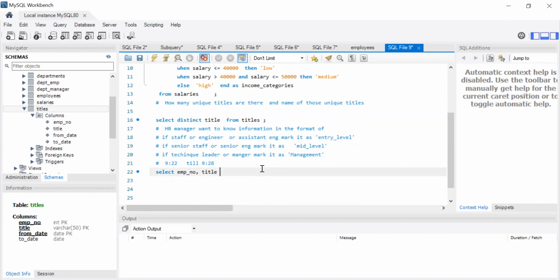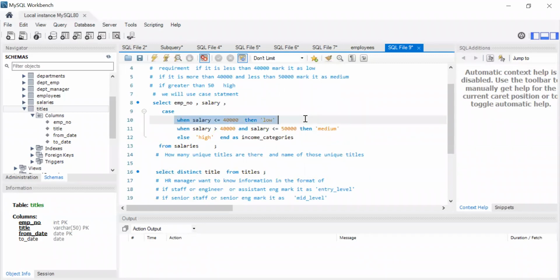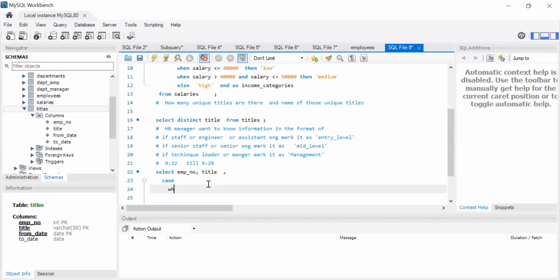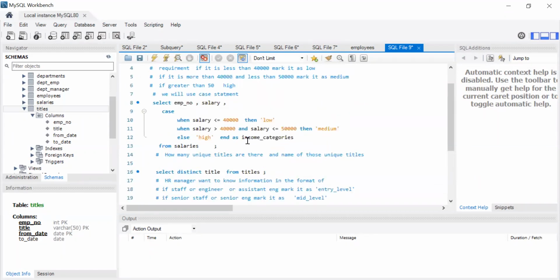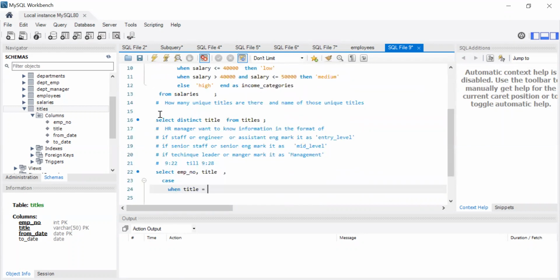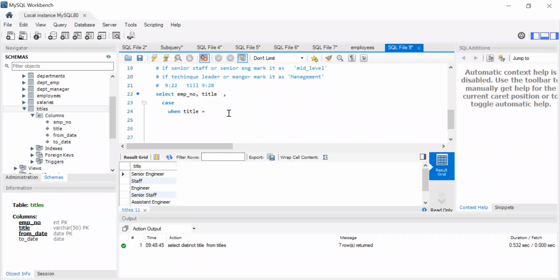So select employment number, title, and then what should I say? I will use the statement CASE, right? Case. Then what to do, let's just copy from above. When salary something equal to this, so I will say when title equal to, what were the unique titles? Let me do one thing. Select distinct title. I'll just use it for my reference purpose. Let's run it beforehand. So when title equal to